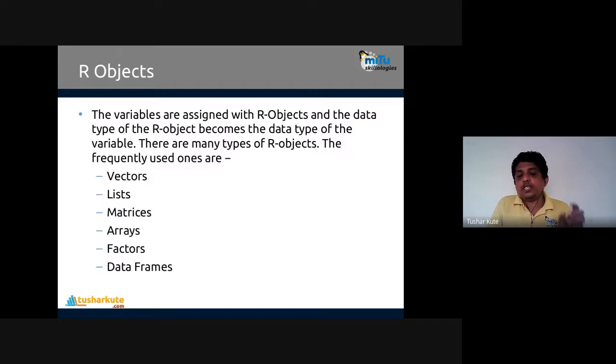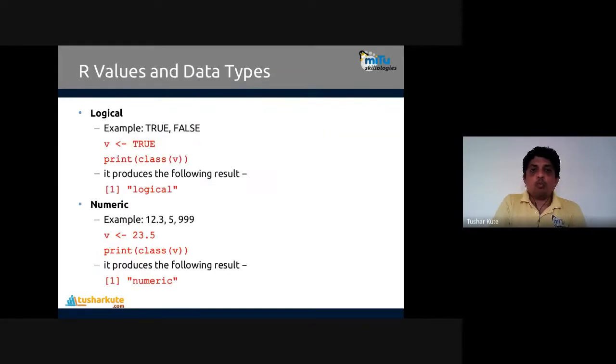Commonly, 6 different kinds of objects are present. But to understand the object, we need to understand the data type first. What type of data can we use inside R? There are commonly 6 core data types that we can use to store data. Let's see which types of data we can store in R.